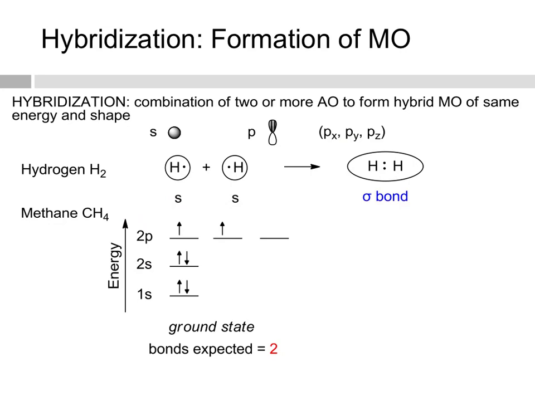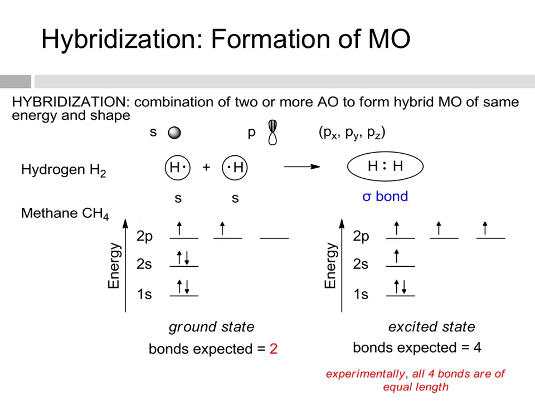Now this would imply that carbon can make only 2 bonds. We know that's not true. We know that we're making CH4, which implies that carbon is going to make 4 bonds. And so instead of looking at the ground state, we're going to now look at the excited state of carbon. In its excited state, we now have 4 unpaired electrons, and that means we can form the expected number of